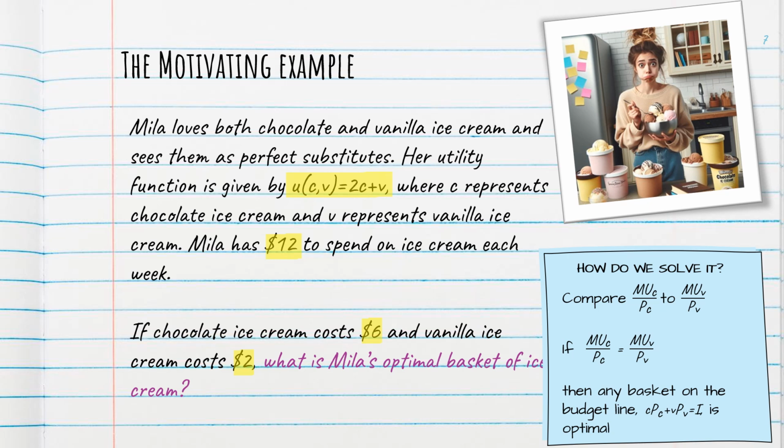If we're observing that these two ratios of marginal utility to price equal each other, that actually is a really important implication. It means that the slope of the budget line is exactly equal to the slope of the indifference curve. And in that case, the indifference curve is literally laying on top of the budget line. It's everywhere tangent, which means that she's optimizing as long as she's choosing an affordable basket. So it's a very specific edge case where there's really infinite solutions.